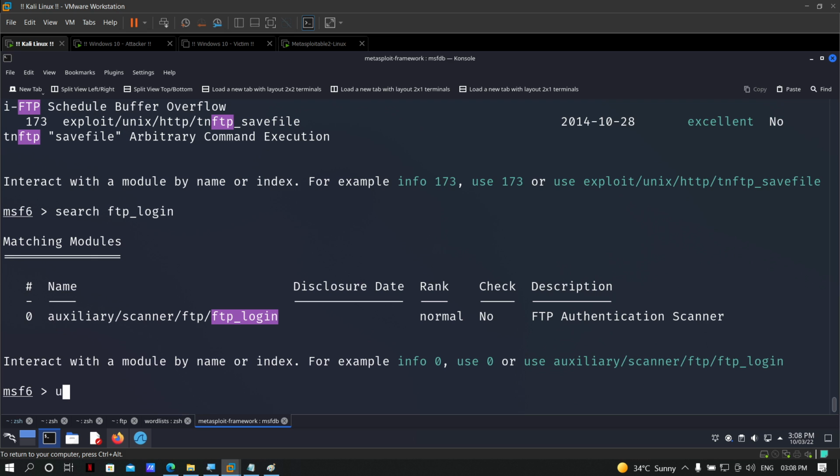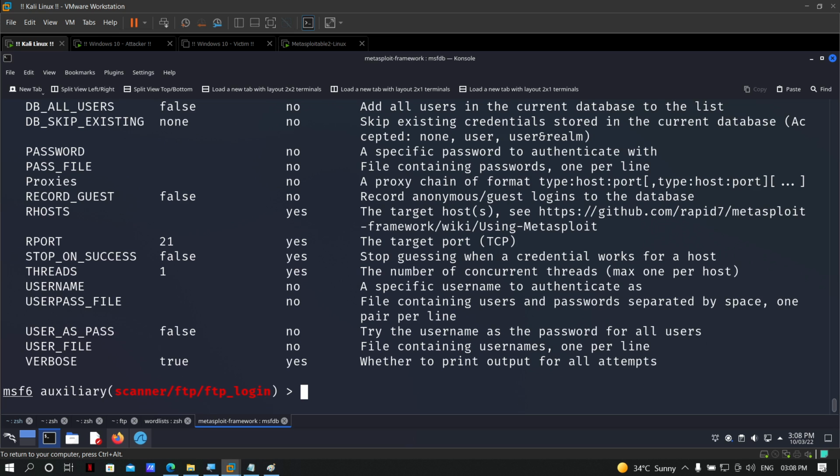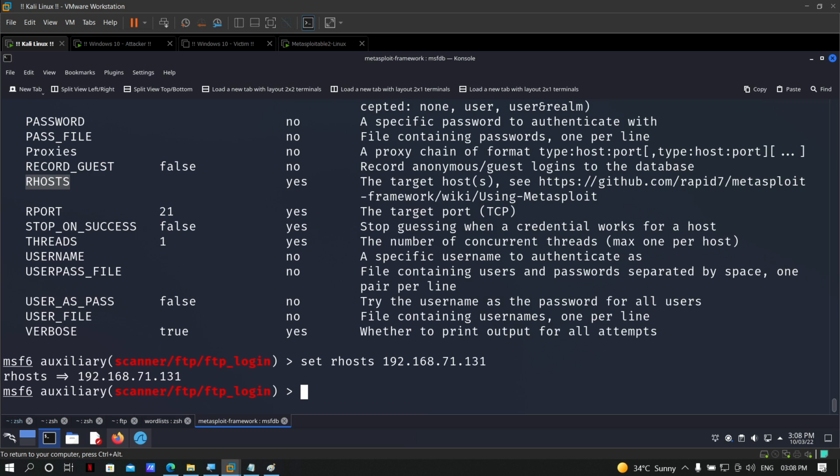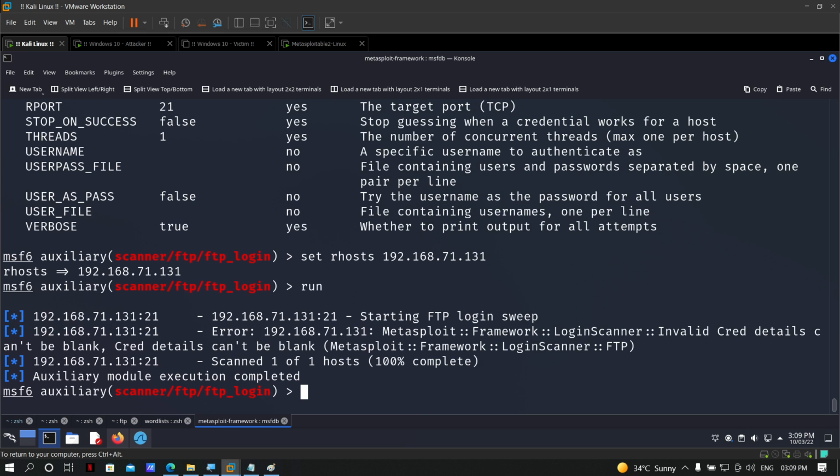And to execute this one, go with use 0, then go with options, the variable list that you can add here, right? One thing that you have to add is your target, which machine you are targeting right now. For that part, go with set RHOSTS and enter your IP address here, so that I will target this specific machine, right? If you want, you can add your dictionaries, otherwise it will take dictionaries automatically, right? All you have to do is just go with the run command. If it gives you a sort of error that the credentials are missing, then you can go with dictionaries.